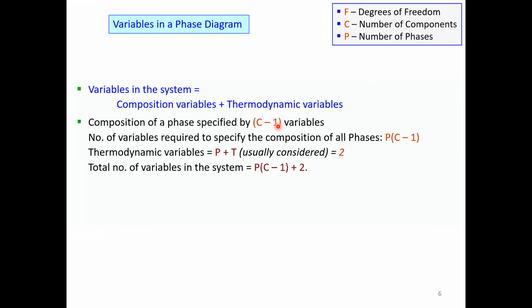So you need not have C composition variables, just C-1 composition variables are enough to specify the composition of a particular phase, and you have P such phases, let's say. So P times C-1 is the total number of compositional